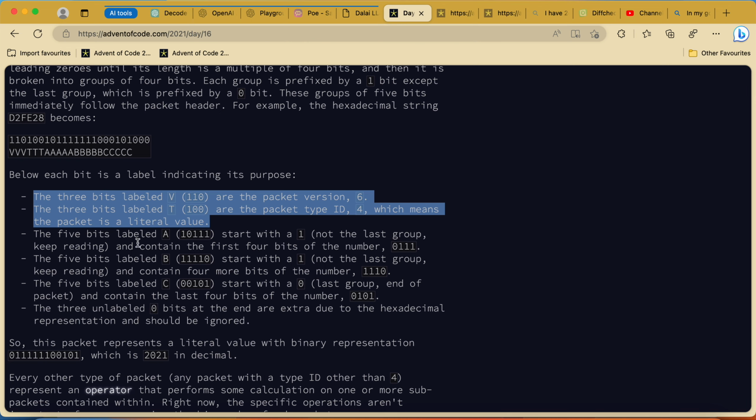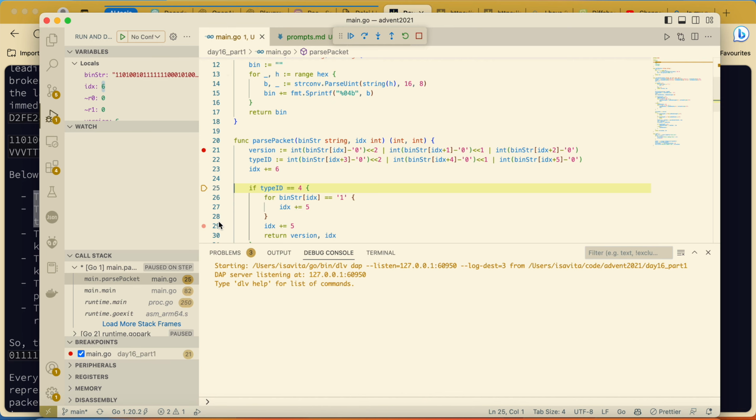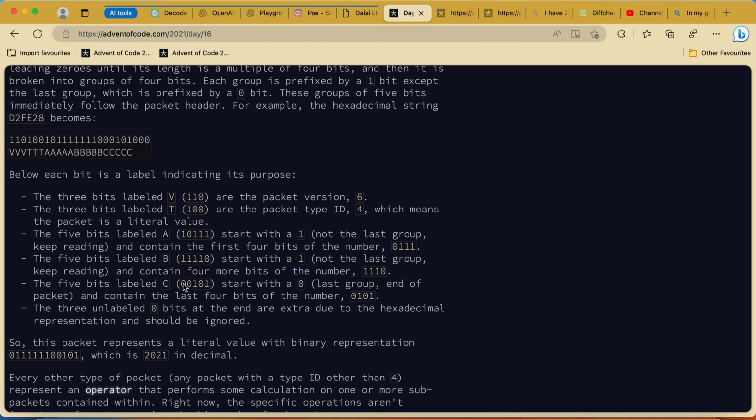The 5 bits labeled A start with a 1, which means not the last group. Okay, after this 6, so to say, here my index is 6, which means position 7. Here I'm checking if I'm 1 or I'm 0.